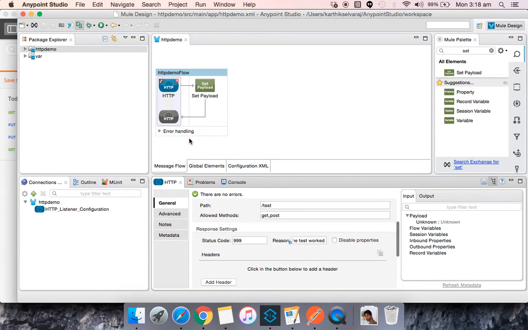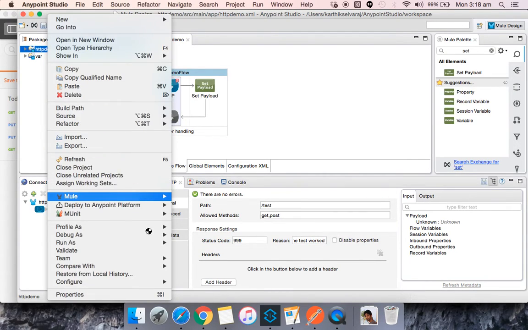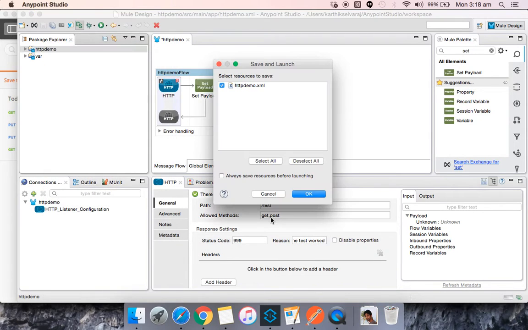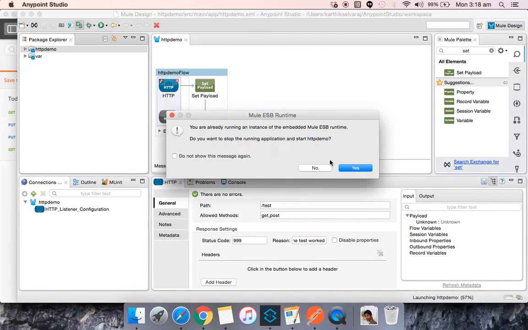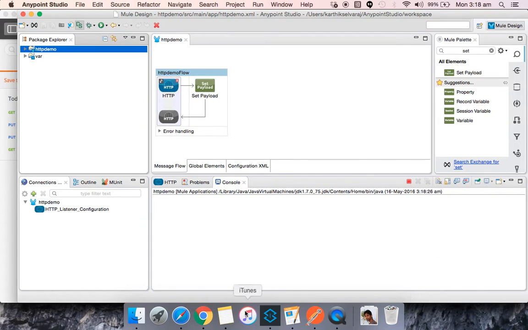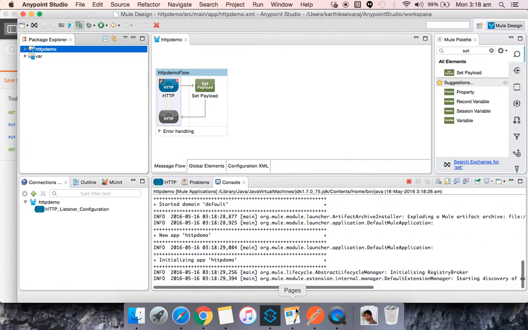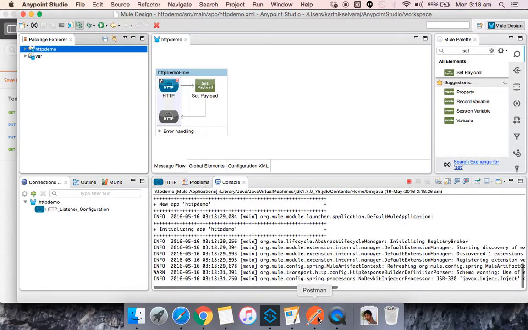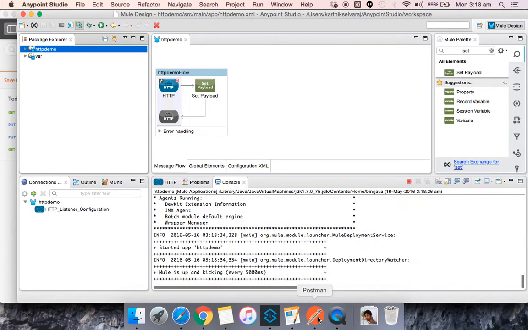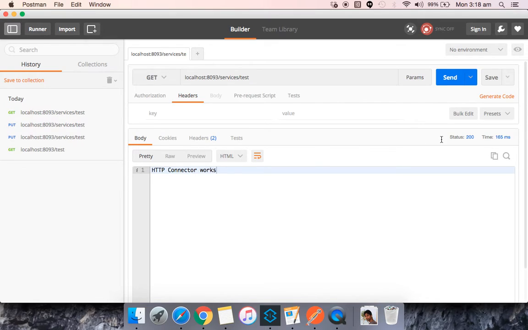If I deploy this and press send, you can see the success HTTP connector works, and the status return code is 999, along with the message which we provided.